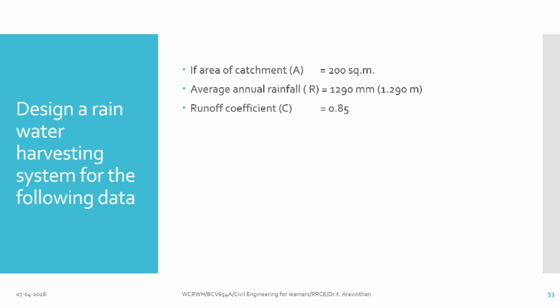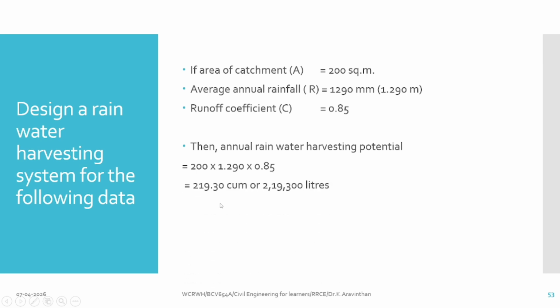In Chennai, the area of catchment is given as 200 square meter, the annual average rainfall is 1290 mm, and the runoff coefficient they have given as 0.85. Now first let us calculate how much water is being received through the rainfall. To calculate, V is volume, A is the area of the roof, R is the annual rainfall, and C is the runoff coefficient. So how much water we are getting is 219.3 cubic meter